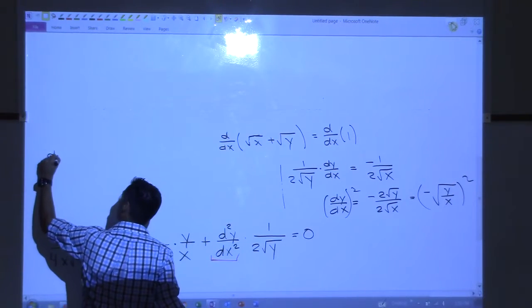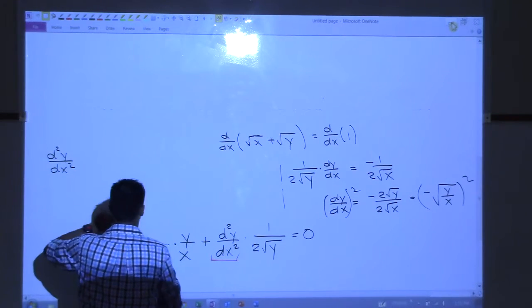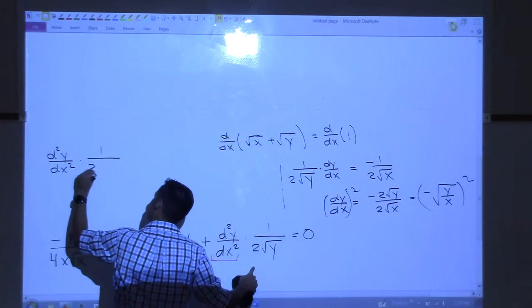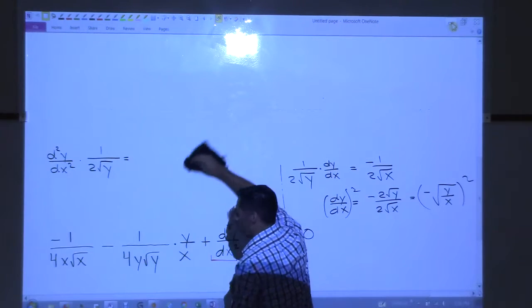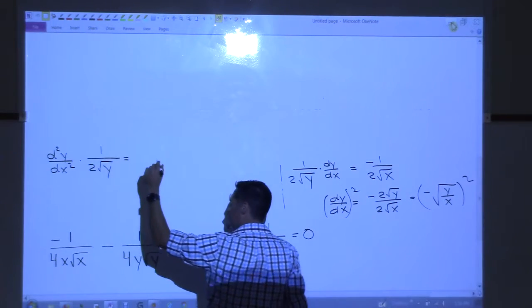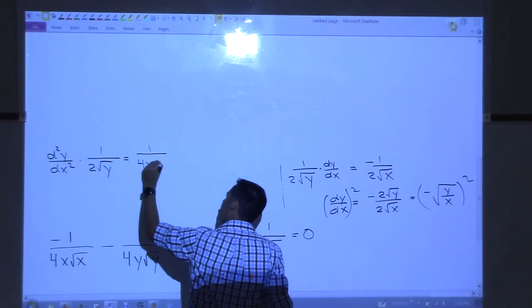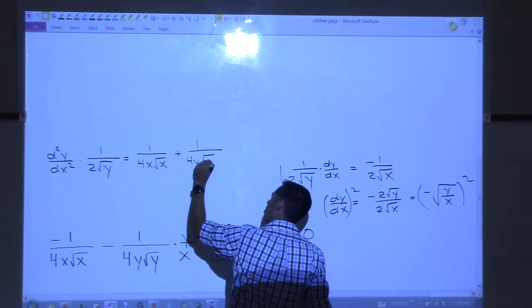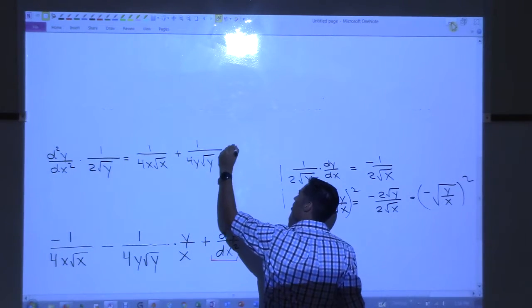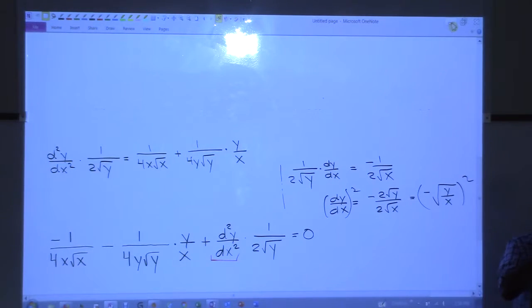Okay, so the second derivative times 1 over 2 root y equals, all that stuff moved over, so it becomes positive on both, right? Positive 1 over 4x root x plus 1 over 4y root y times y over x. All right, so I've moved those things over. What can I do next? Y over x